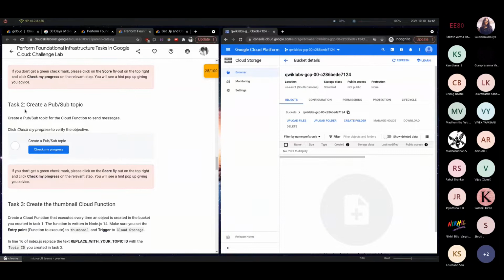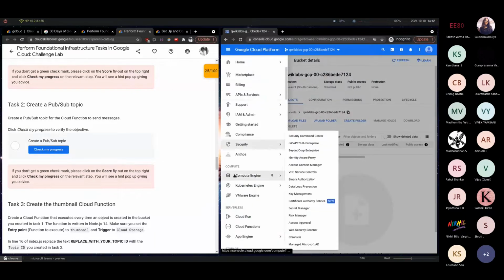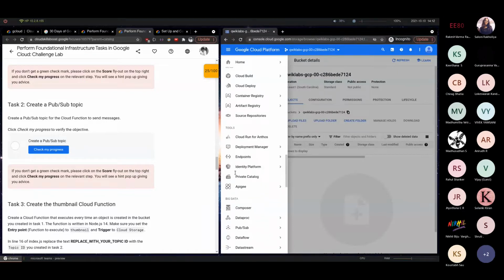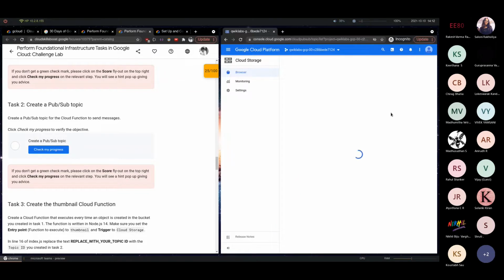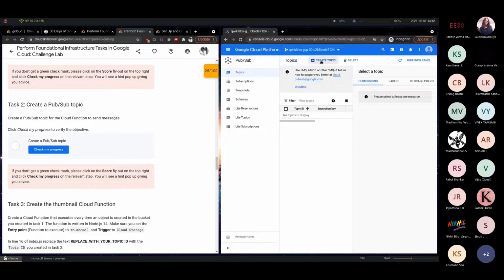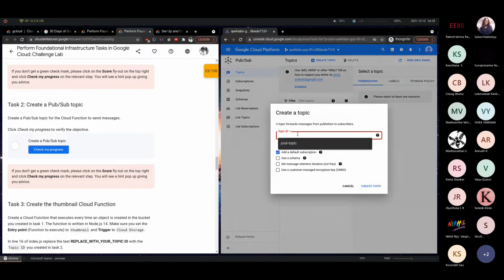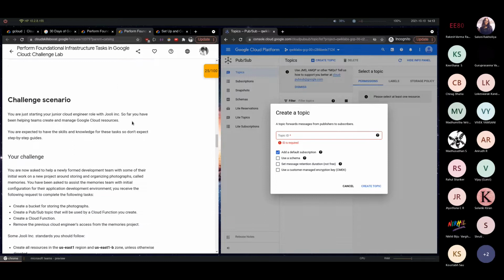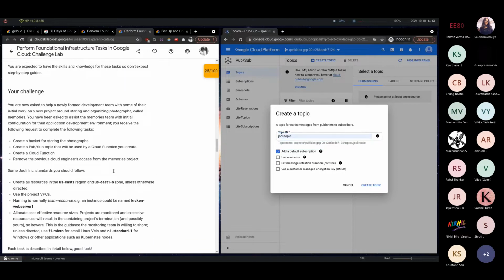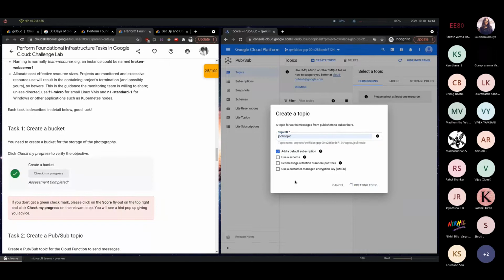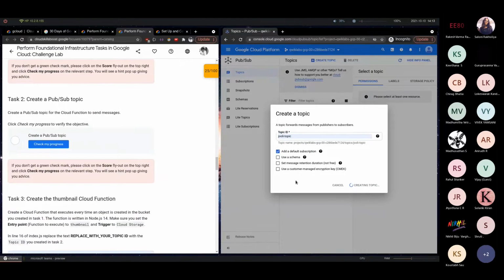Next, they have just asked us to create a Pub/Sub topic, which again we can just go to over here under Big Data, Pub/Sub topics. Once you go there, there'll be a big button which says create a Pub/Sub topic. If you create this, you can enter any topic ID that you want. You can call it, say, Julie-topic, right? And everything else we can leave at default again. For this, there's not much. And once we create this topic, we will be able to